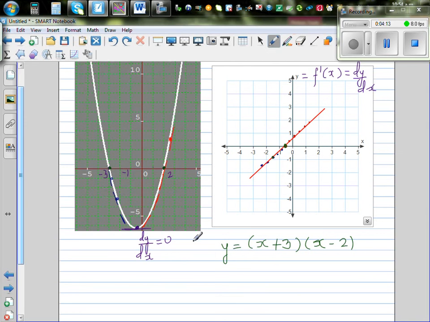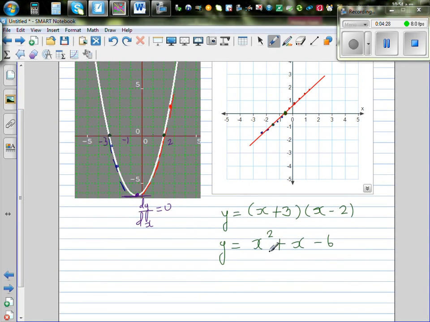I'm not exact, but let's make an assumption. When you expand this, it is x squared plus 3x minus 2x, which is plus x, minus 6. So this is your function. Let's find dy by dx. dy by dx is equal to 2x plus 1. And it does make sense. The gradient